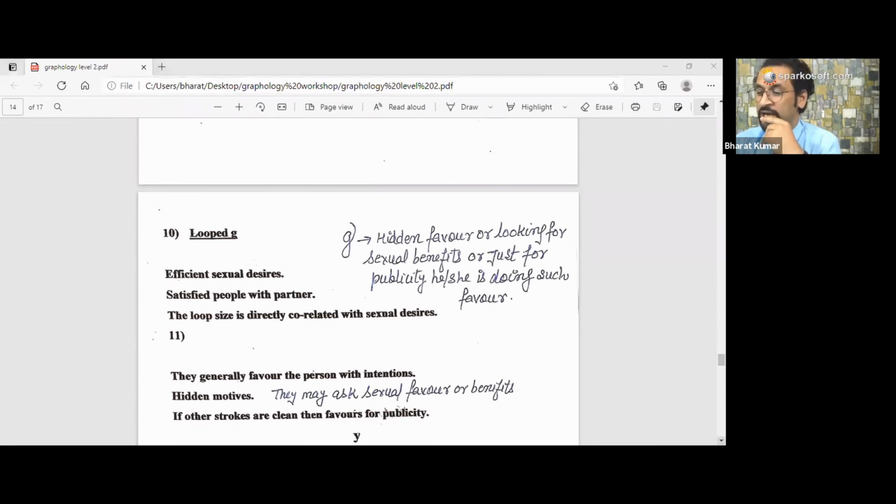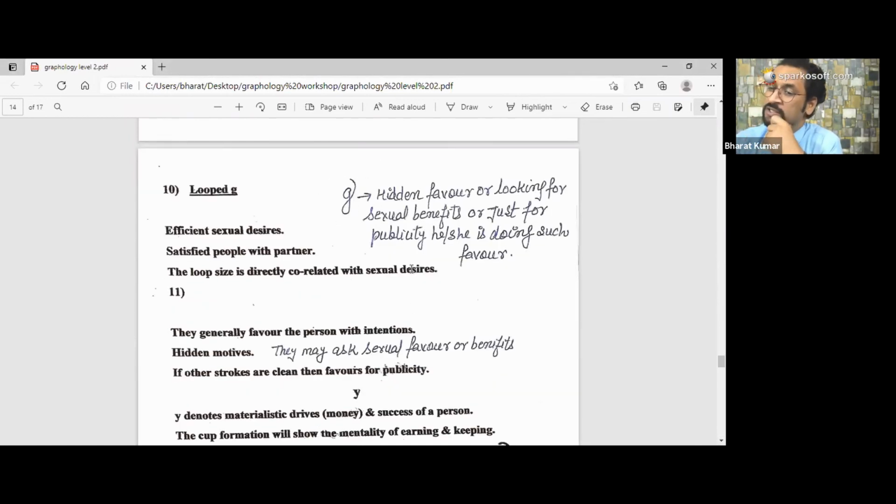Looped G. Check this G. Okay, now check this G which I have made here using pen. Extraordinary upper loop is there, and upside a mild bent hook is observed. Check. In the upper side of this G, a mild